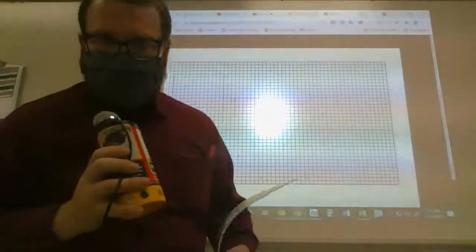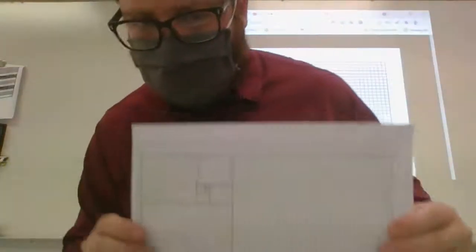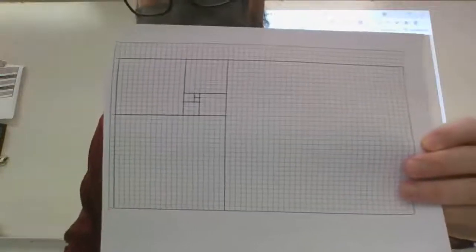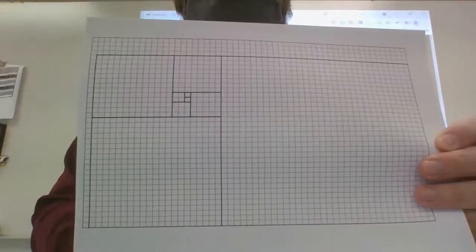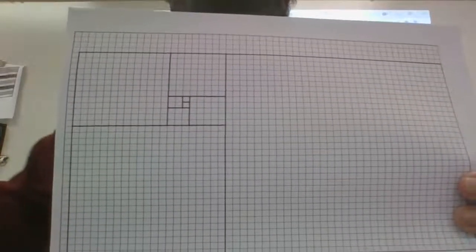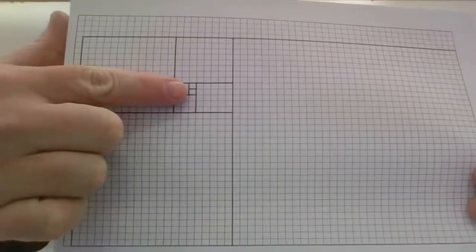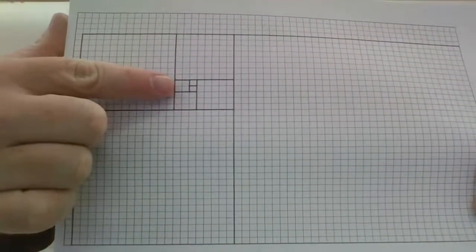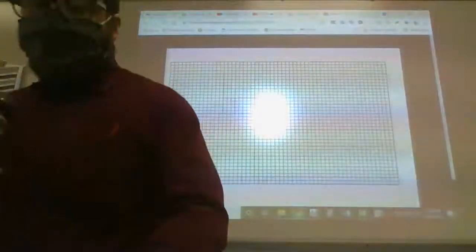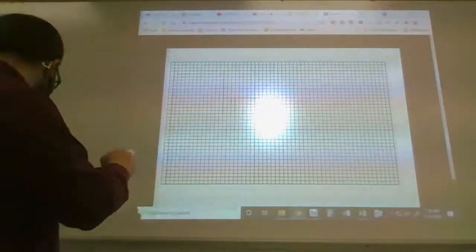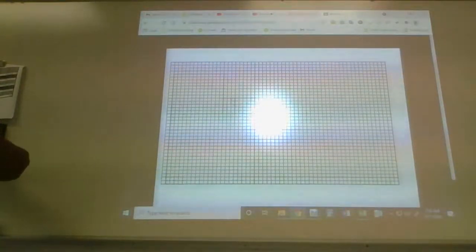So I'm going to hold something up to the camera real quick, just to show you. This PDF should really look like this. And I'm going to try and point that out on the screen in a moment. Hopefully you can see there are two 1x1 boxes, and then there's a 2x2 box, and then there's a 3x3 box. I'm going to show you how to draw this out on paper. And then this larger one, we're going to do something else with in a little bit. It is a little bit difficult to see on this one. I do apologize for that.